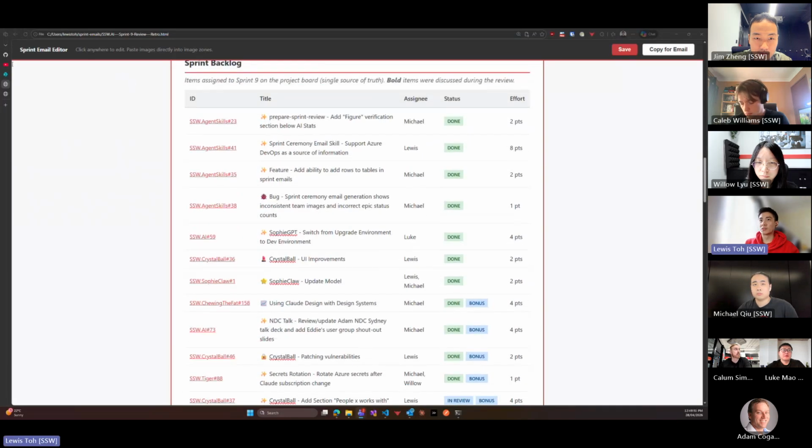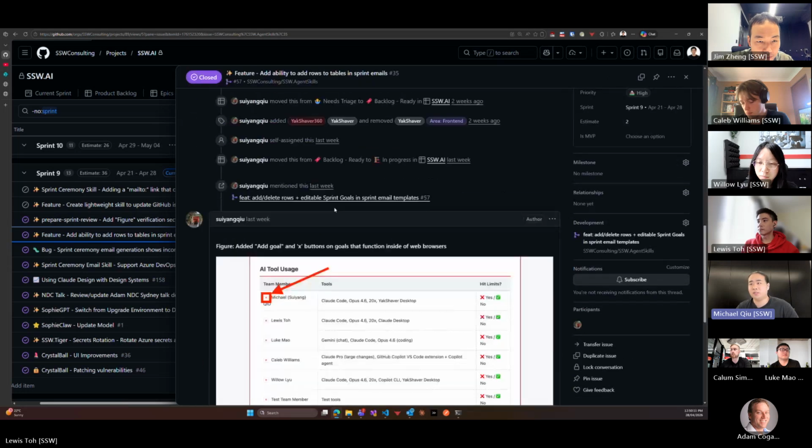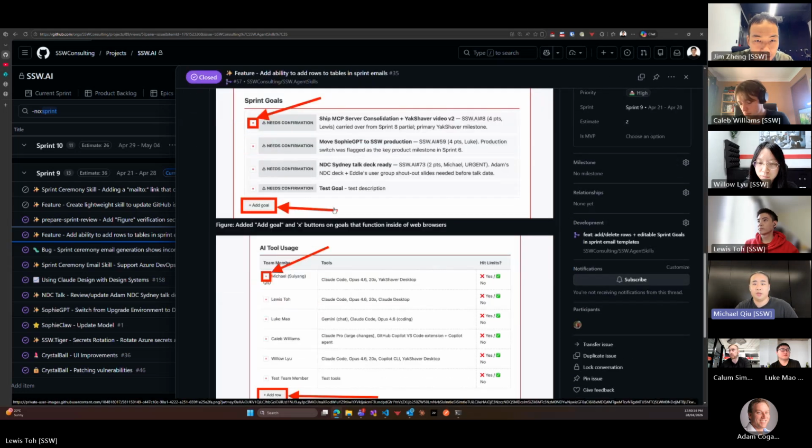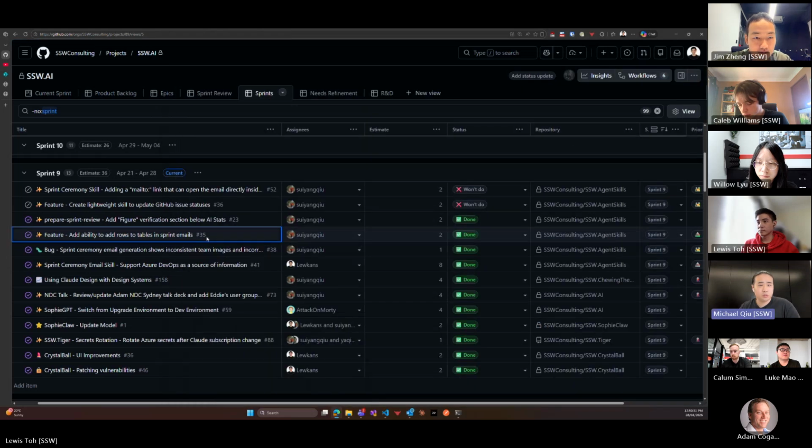And onto some of the work items. Michael, I'll get you to cover some of the updates you've done to the sprint skill. Sure thing. The first point to call out is the ability to add rows into tables. That was a pain point for the Tina CMS team because they wanted to be able to adjust it on the fly without necessarily having to wait until AI processed it. So I've added these buttons that put in these formatted rows that can be edited during the sprint review process. If that's all good, we'll keep.